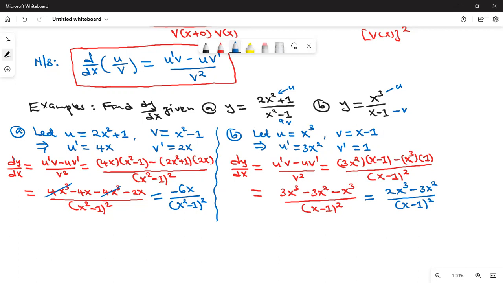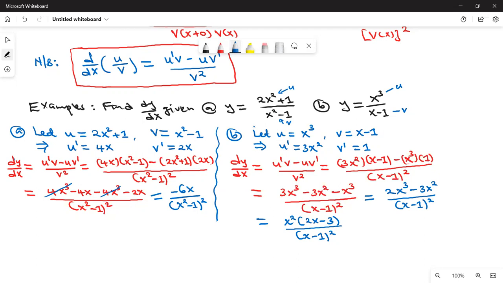And you could also write this as x squared common in the numerator, then we have 2x minus 3 over x minus 1 squared. So that is our dy over dx when we use what we call the quotient rule